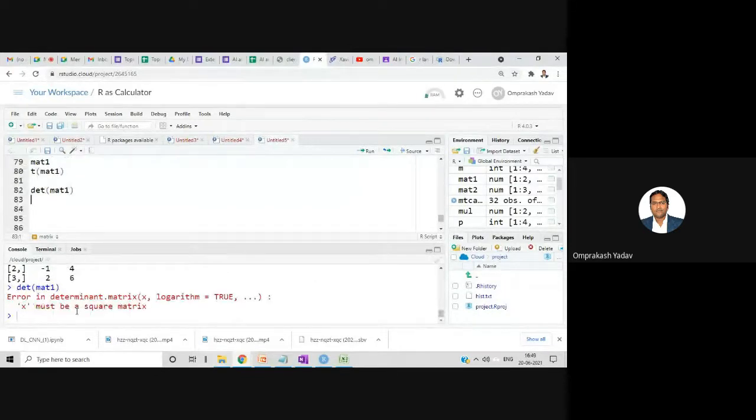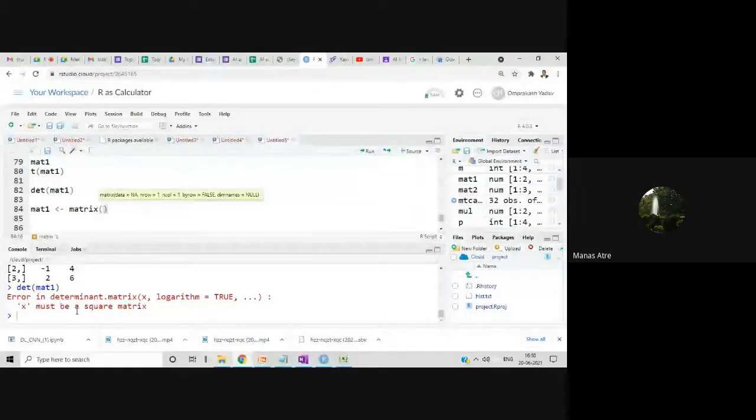It must be a square matrix. My matrix is not square, so I'll have to declare a 3 by 3 matrix. Sir, you can use that multiplied matrix.